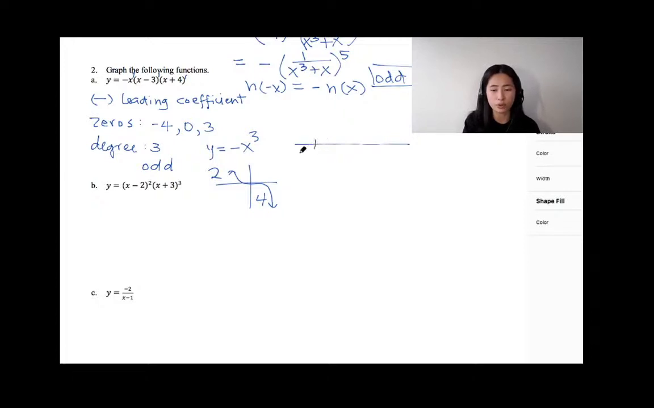Okay, so now that we have that, we're going to have a number line, and then you're going to graph all of your, sorry, not graph all of your zeros, but plot them, right? So this is -4, 0, and 3. Okay, so we know that this is all of your zeros, and then first of all, because it's a negative leading coefficient, it's an odd function, you're supposed to start